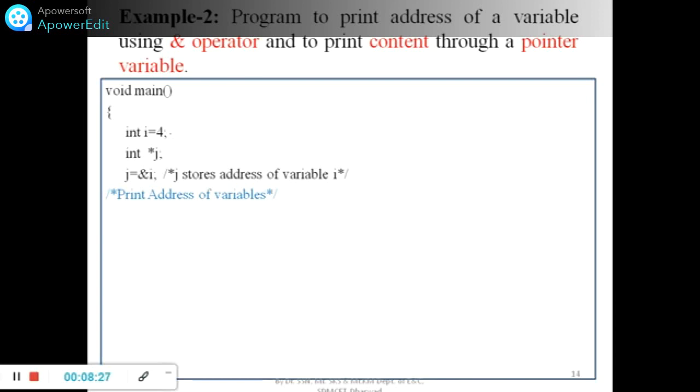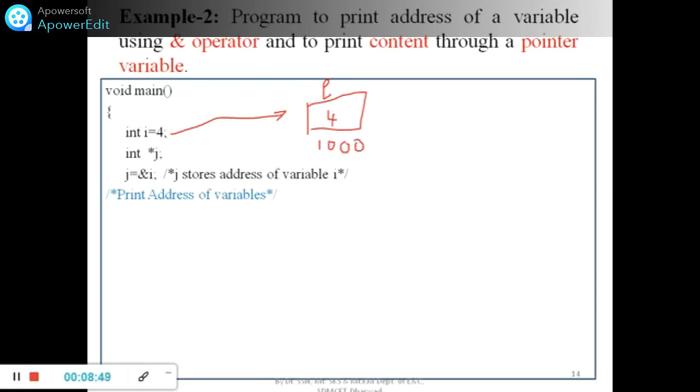You need to understand one point very clearly: here i is equal to 4, which means there exists an i and the content is 4. There also exists ampersand of i. Let me assume this address is 1000.